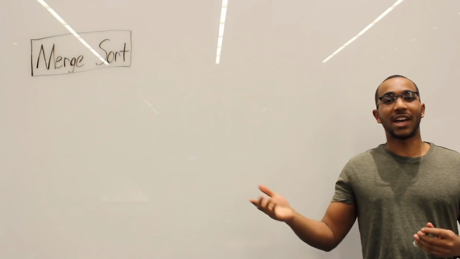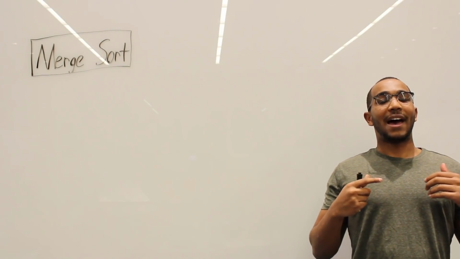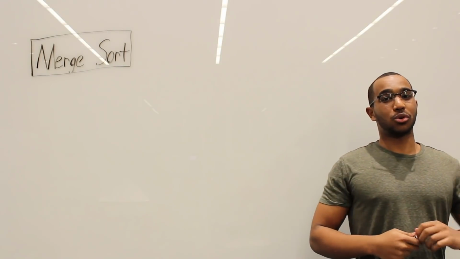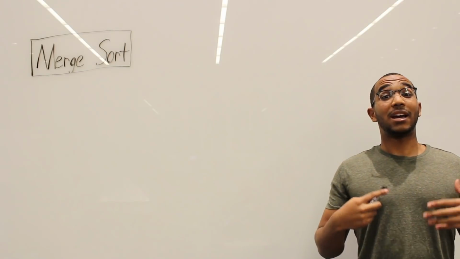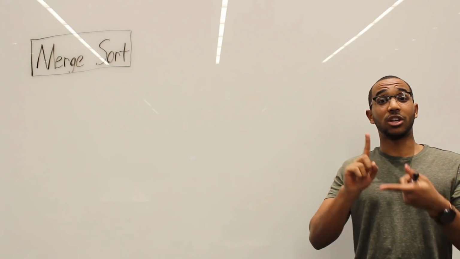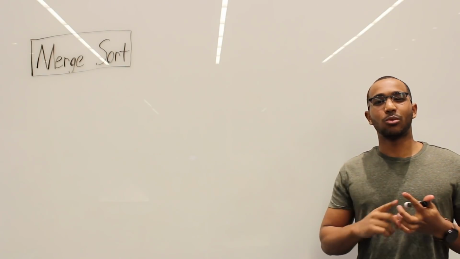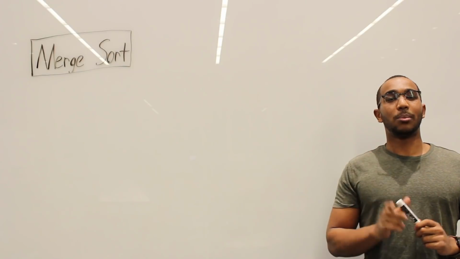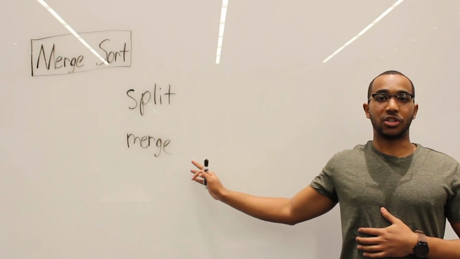So before we were looking at n squared algorithms and quadratic time algorithms, now we are looking at the faster sorting algorithms, and we're going to see how merge sort pans out. There are two subroutines that make up the merge sort algorithm. We will look at the code, we will look at the comparisons, and we're going to look at how this works fundamentally to the core level. So there are two subroutines. Okay, so we have the split routine and we have the merge subroutine.